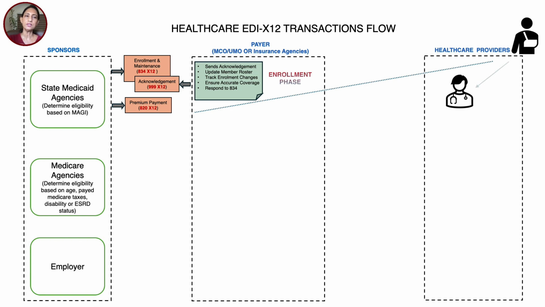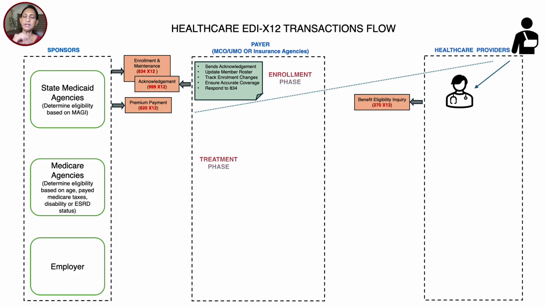The patient would visit the providers, and as you see, once the patient visits the provider, that is when the treatment phase kicks in. As part of the treatment phase, the payer and the provider would exchange various X12 files, and now we'll talk about those X12 files that both parties exchange as part of the treatment phase. First, the provider will make sure that this patient who's visited the facility is even eligible or not. So there has to be an eligibility inquiry from the provider to the payer in the form of 270 X12